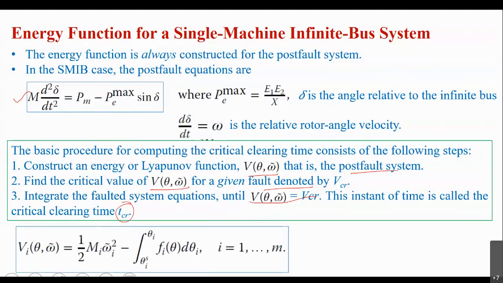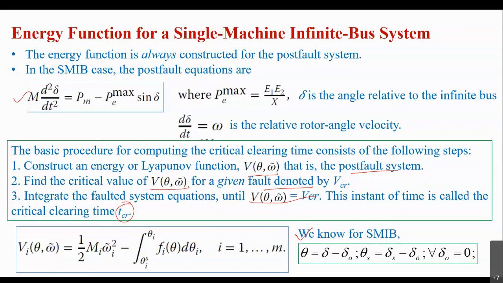Okay, so this is the generalized expression for the energy function, and using this we'll now derive the expression for energy function for a single machine infinite bus system. So we know for single machine infinite bus, theta equal to delta minus delta naught, because for a multi machine case we have taken